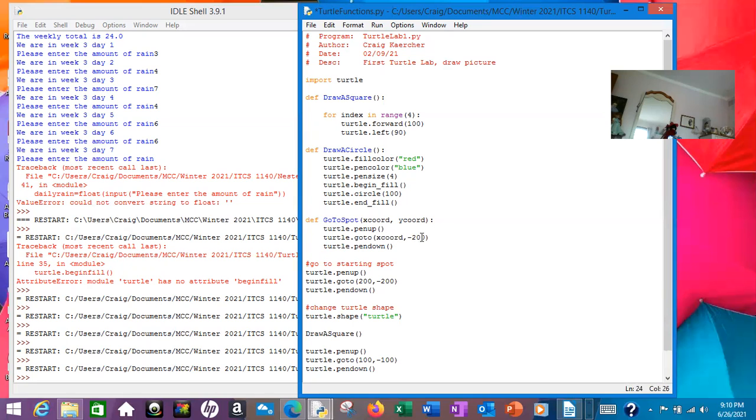And I'm going to replace the negative 200 with Y coord. Right? So now I can replace this with